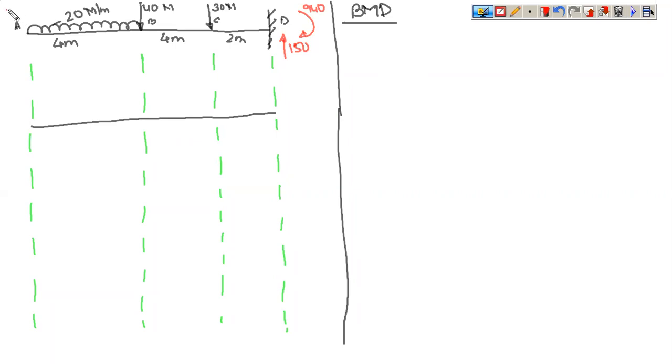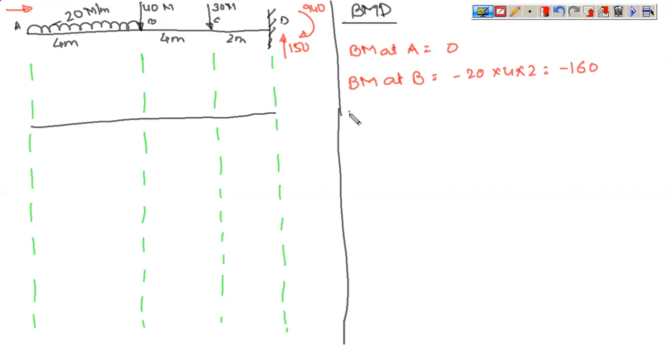Now again, it is mandatory that you have to start from the free end. So the first point is A. BM at A is 0. In the case of two loads of different nature acting at the same point, in bending moment you need not consider anything. So we will not find BM just before B, because BM just before B and BM at B will give you the same result. So BM at B is minus 20 into 4 into 2. This is 80, 80 into 2 is minus 160.